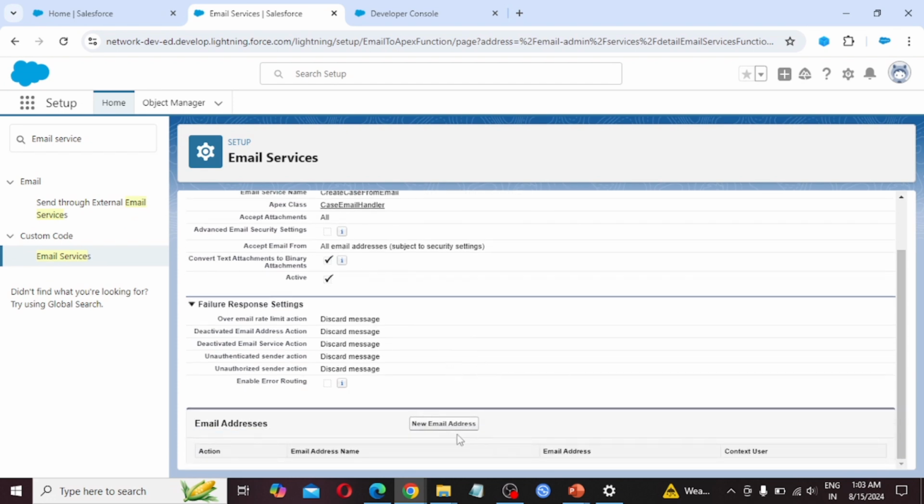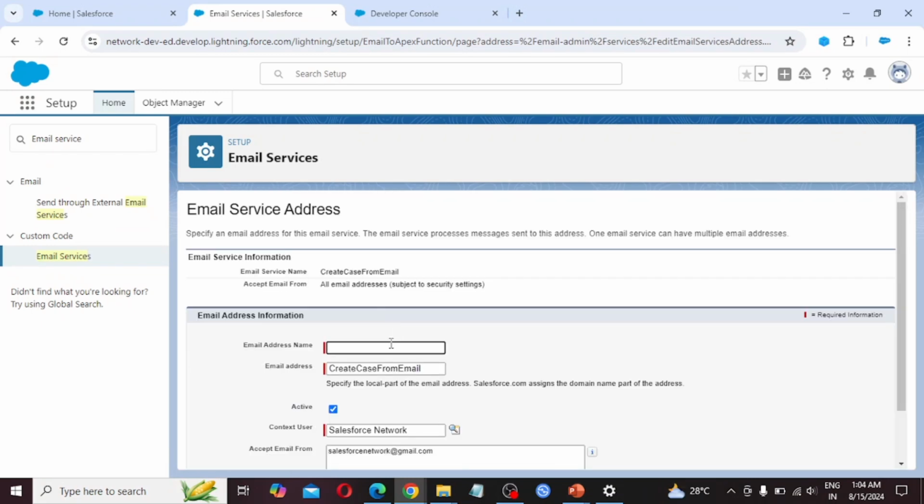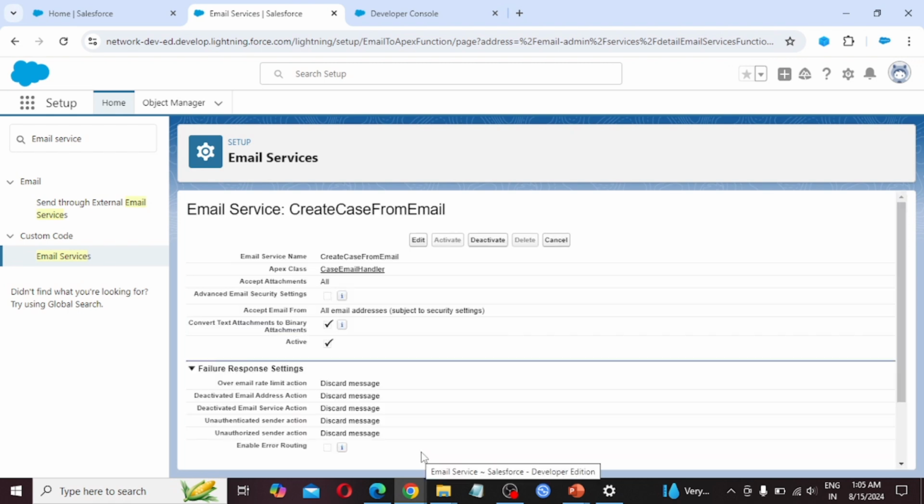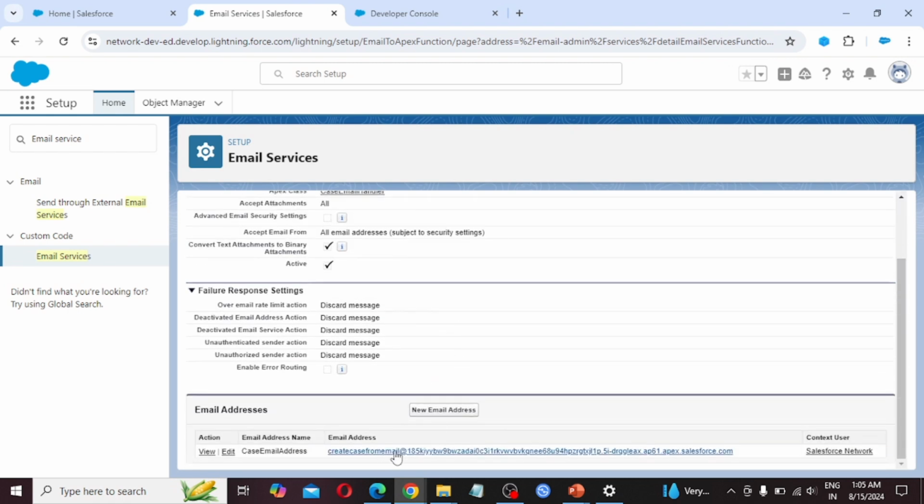Next, we have to create the email address. Click on New Email Address. Email address name: Case Email Address, and we are making it active. Context user is Salesforce Network, and the email address is salesforcenetwork@gmail.com. Click Save. Now our email address is generated. So we need to copy this email address,